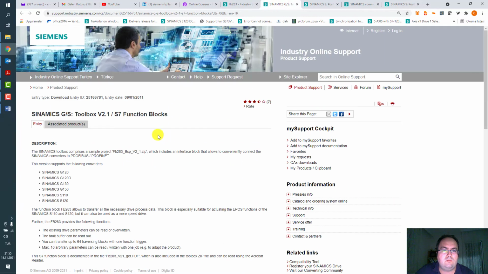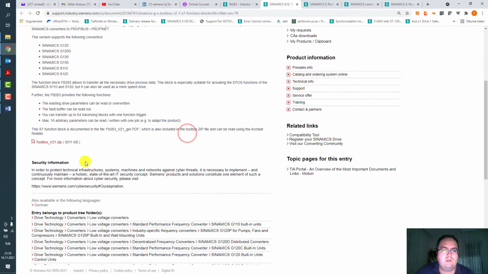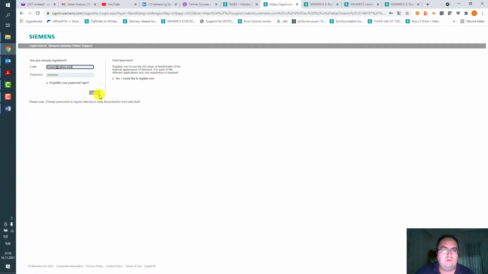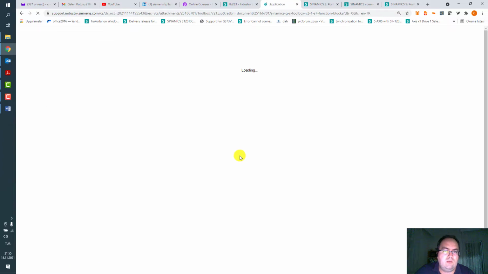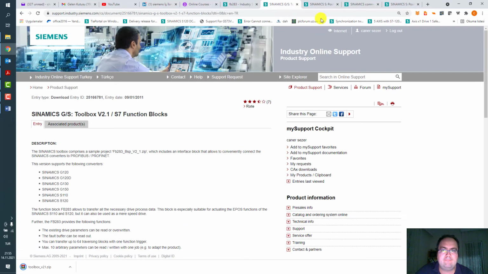For this example, this is the old version for Schematic Manager. I just click here to download the toolbox. I enter here my user login and the password. After that, I'm able to download the PDF or zip files.